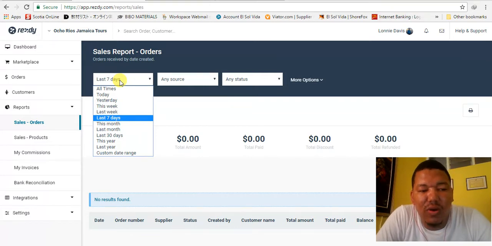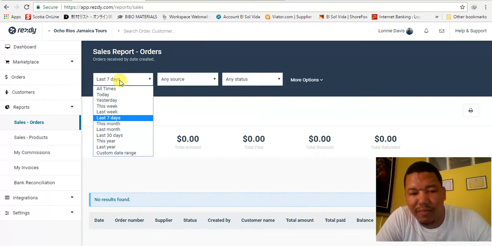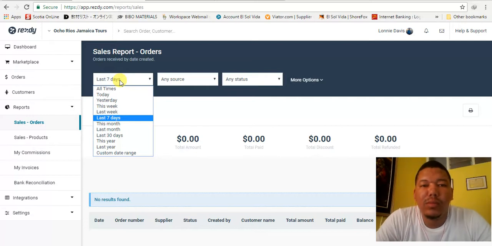In terms of your sales by products, this one essentially gives the same thing as the order, but it is sorted based on the types of products that are being sold. For example, you might see that you have more reservations with the Blue Hole tour, which is located in Ocho Rios. But what it does give is valuable information on what your top sellers are, what are the tours that you're selling the least of,